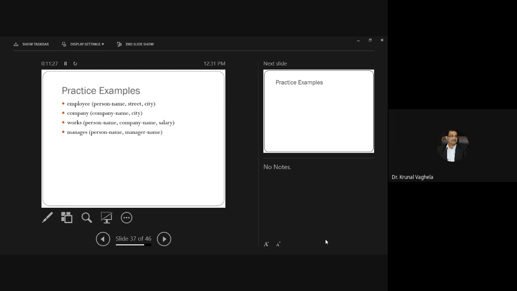Done? So these are the 4 tables. So if such things are asked, not if, but definitely it will be asked in your final exam. So first you need to understand the type of the database. Which organization or which system does it belong to? It belongs to some company, right? Where employees are there, with person name, that means employee name, street where he lives and city, because you need to understand the meaning also first. So quickly you need to understand the meaning.